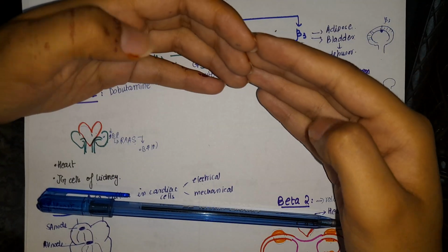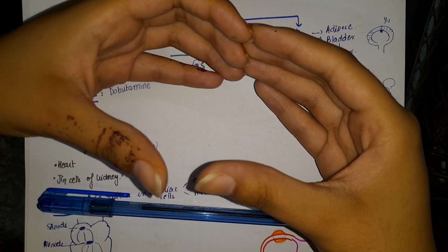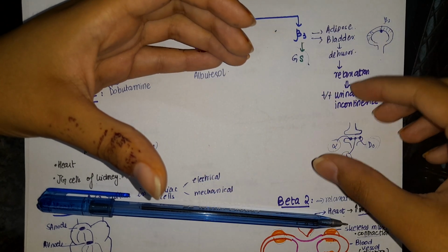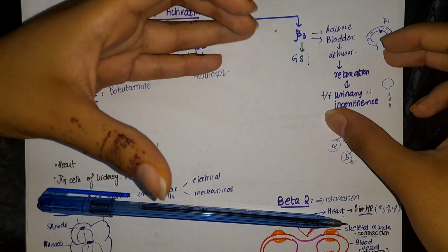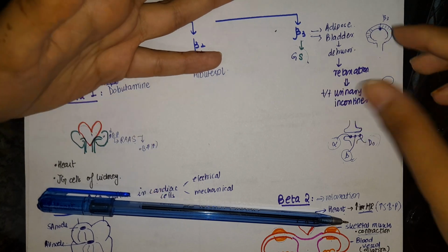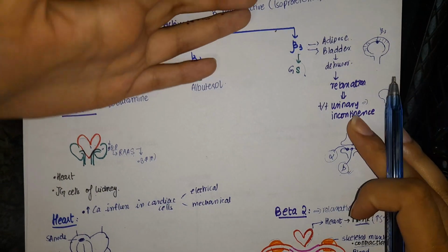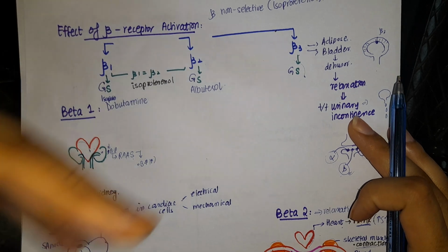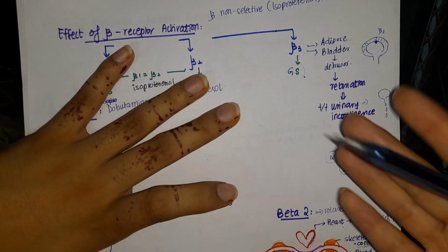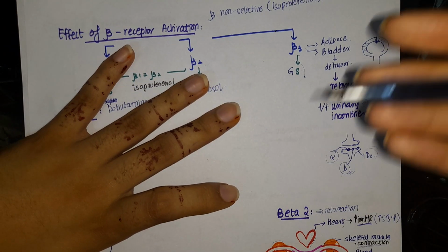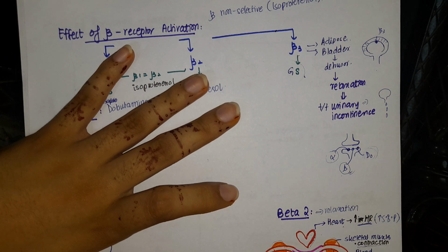When it can store more urine, it will help in the treatment of the dribbling of urine, because now the urine storage capacity of the bladder has increased. So that is why beta 3 agonists are used in the treatment of urinary incontinence or urine dribbling, because it will help in urinary retention, because the muscles are now relaxed. They can fit in more urine.